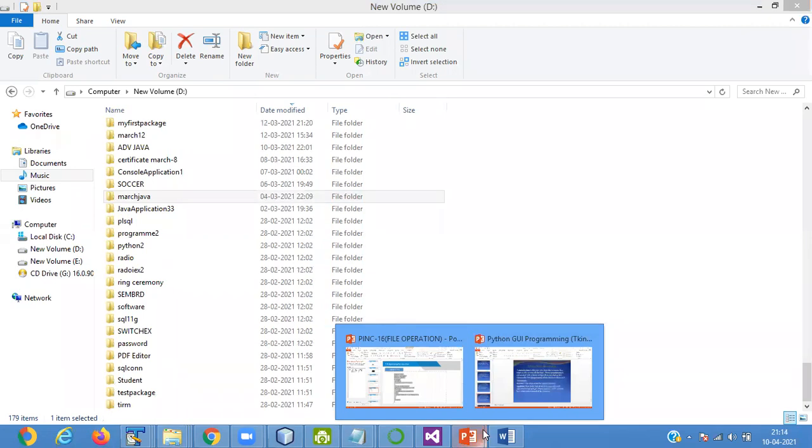Menu button is used to create a menu in Python. It is the part of the drop down list.